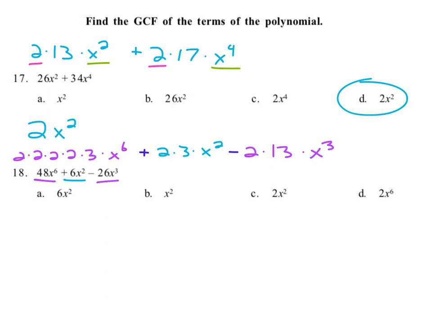Okay, so what number do they all share in common? Well, they only have the 2 in all of them. There's a common 2 here, and here, and here, and there's no other common number from all of them. It's got to be in all of them in order to be able to pull it out. So we say 2,